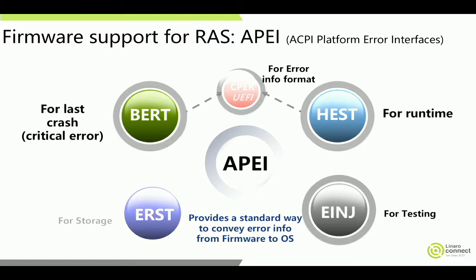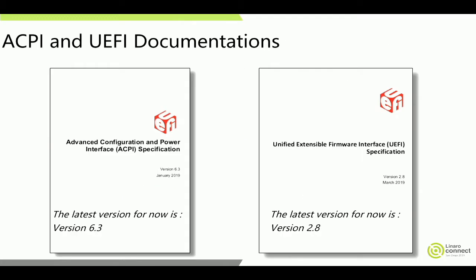And the HEST table collects the error information at runtime. And if you want to test the mechanism of HEST and maybe BERT, you can get help from the EINJ table. And then if you want to store all the error information to persistent storage, you need an ERST table. So these 2 documentations, the ACPI and UEFI documentation, will give you all the information about these tables and